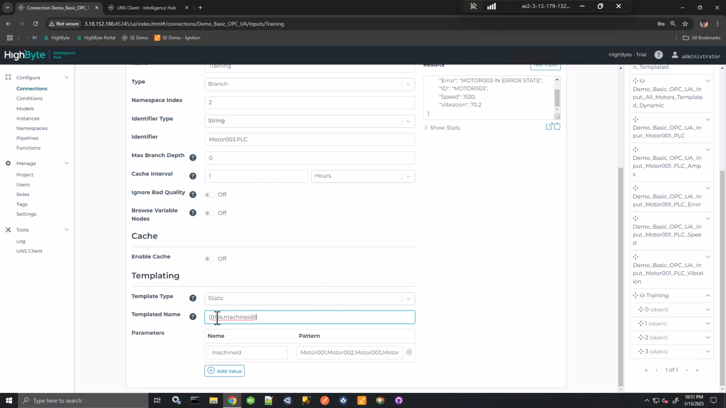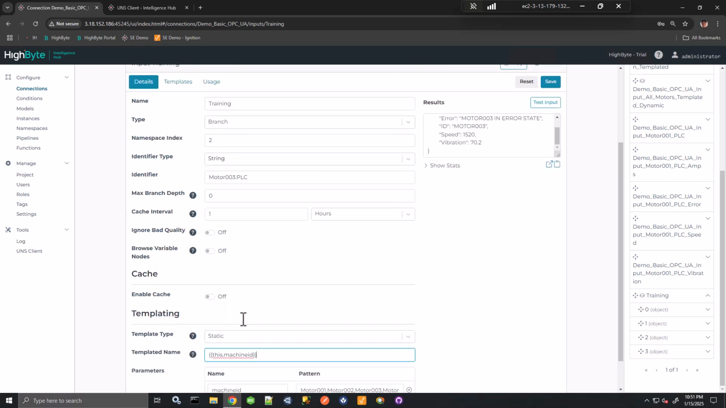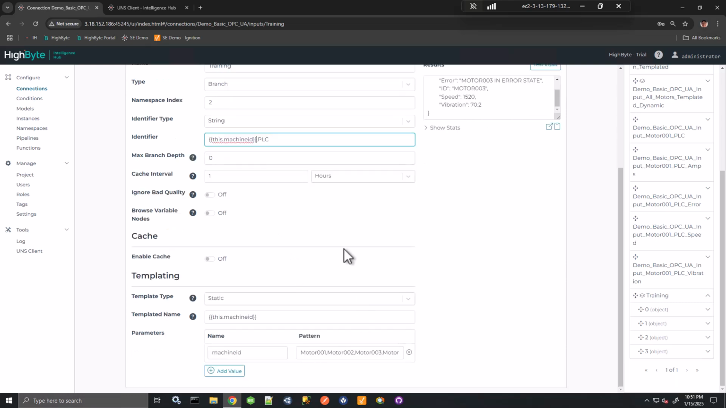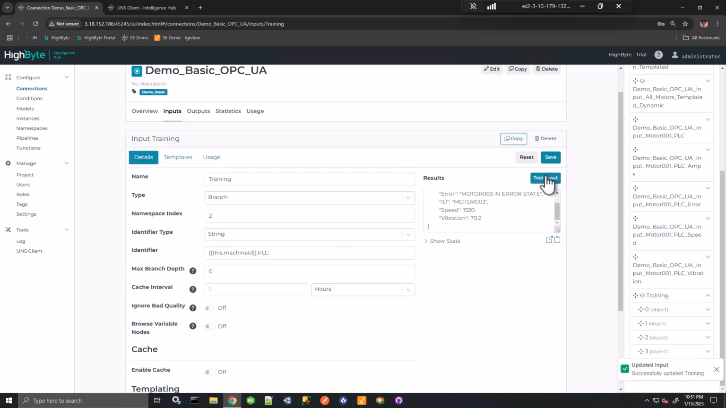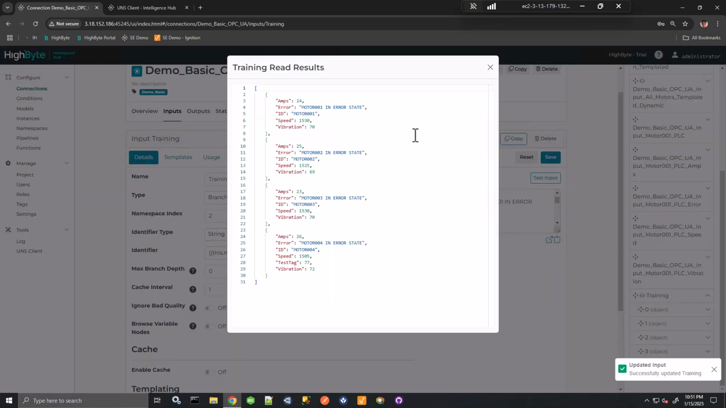And the this dot and the curly brackets are important syntax when templating. So we'll see that pattern throughout. But the most important thing is here, I have to template my identifier. So in this case, it's the tag path, and that's what's going to iterate through. So this is going to be substituted with the pattern that I've identified. So when this executes, we'll see that now it returns an array, and each motor ID has been returned with the different values, and that's really what I was after,